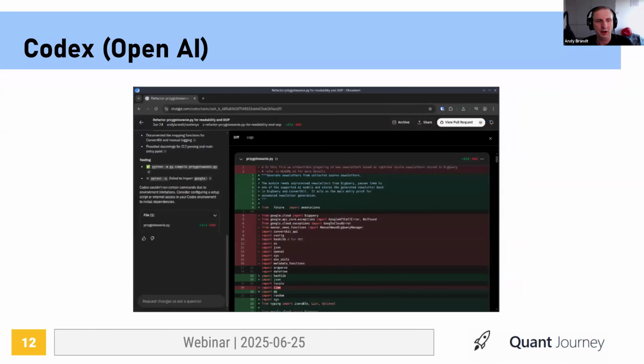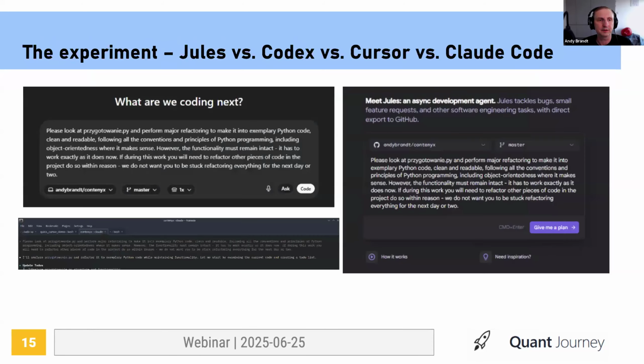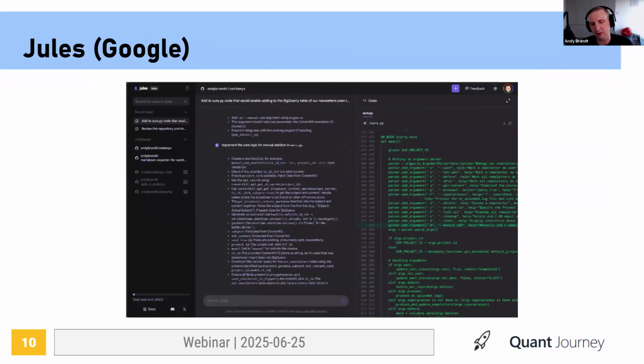And both Jules and Codex, which looks like this, and this one, I don't have a screenshot of that, but the background agents from the creators of Cursor, they work in the following way. You go to a web interface, you connect your GitHub, then you select the repository and the branch that you want it to work on, and then you enter the prompt, and then it goes to work. You can converse with it and everything, but the end result is basically a pull request. So at the end, you get another branch that you can check out.